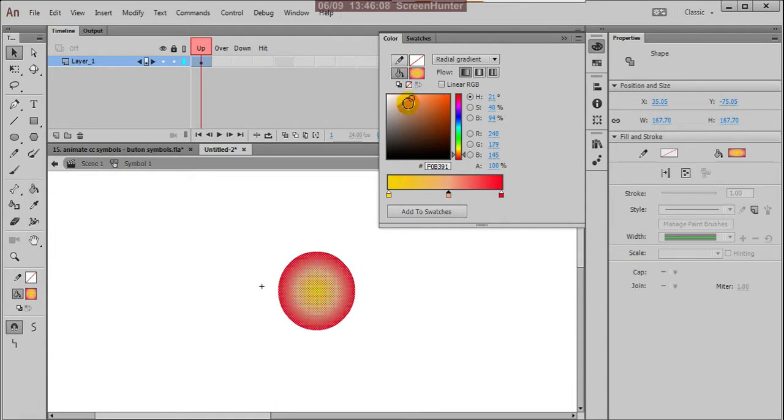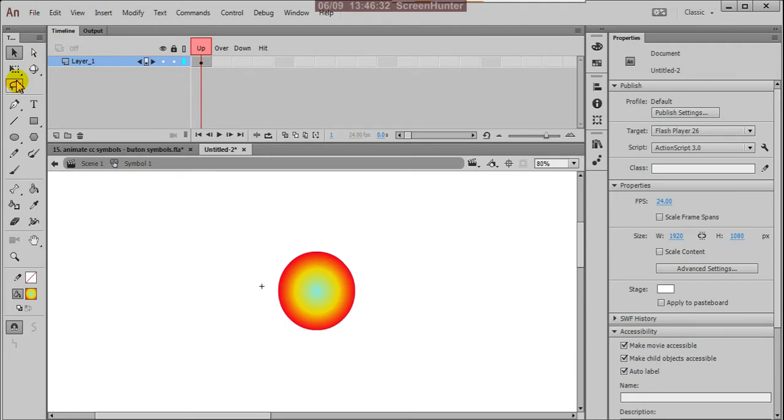If you want, you can create one more. Make it bluish. You can change this side and that side.